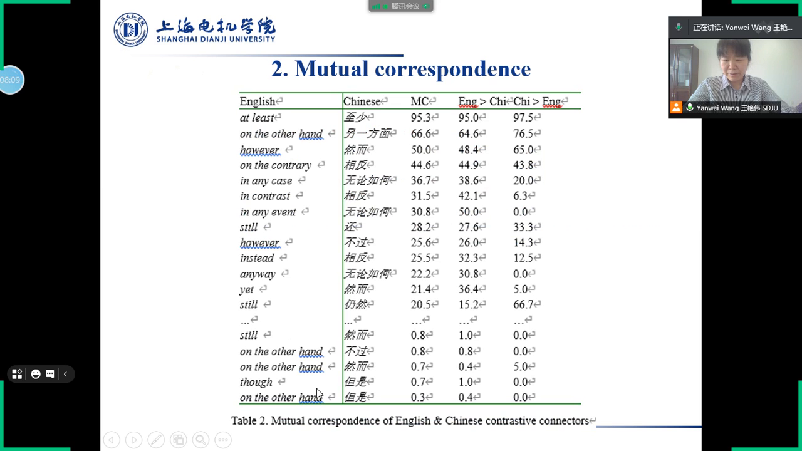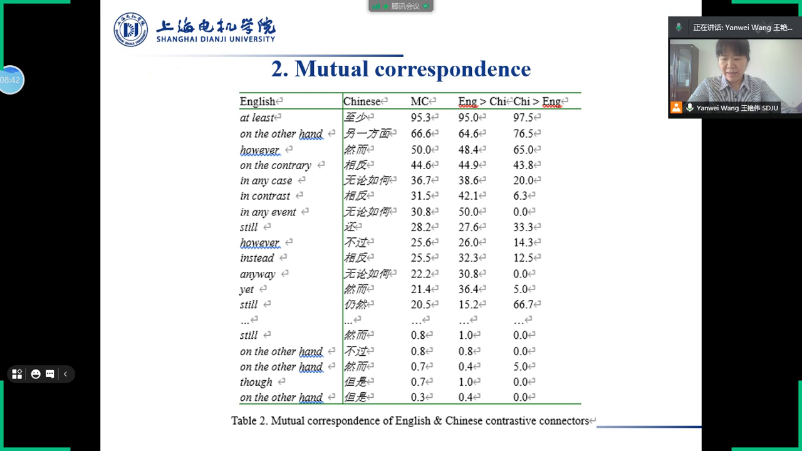As shown in Table 2, the MC values of the varied pairs of contrastive connectives demonstrate a climb from 95.3% to 0.3%. No more than 3 pairs reach 50% and 3 exceed 20%. Only the topmost pair, at least, 至少,